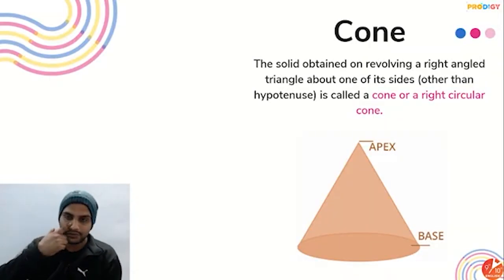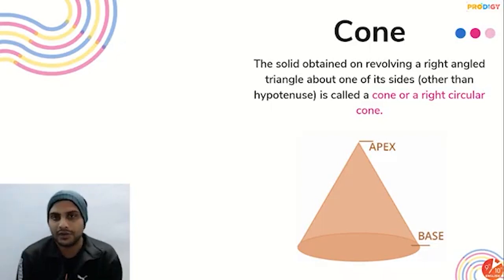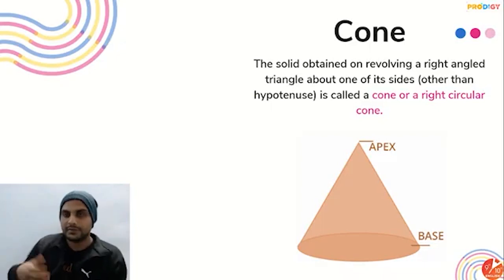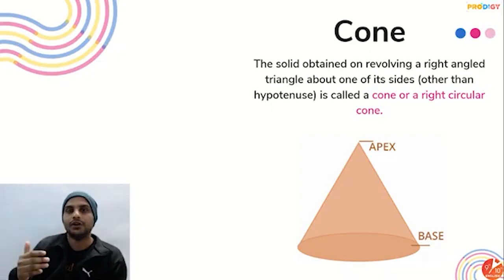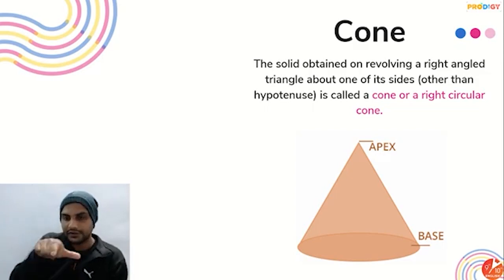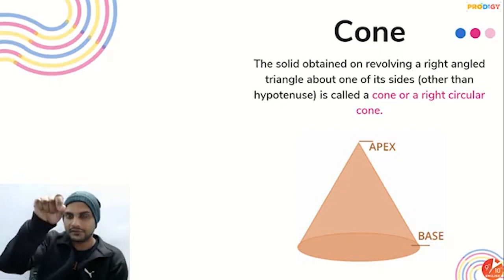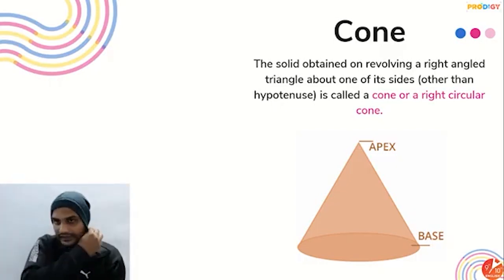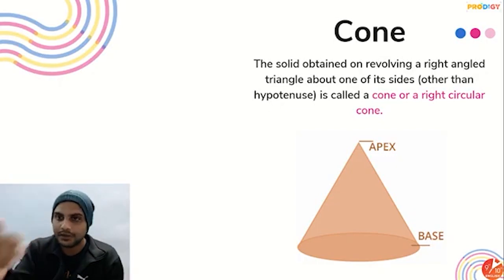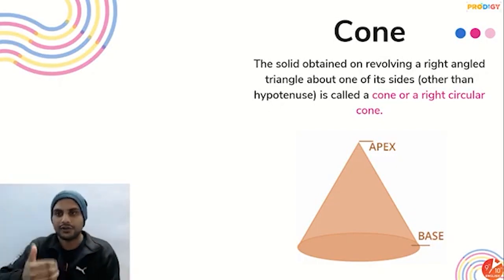Now look, what is a cone? In a cylinder, the circular bases which we were keeping on top of each other all were of the same radius. But in case of a cone, the circle's radius will keep on decreasing till the point when the top is just a point. So in this way the cone shape will be formed. And here also we'll be talking about a right circular cone only.